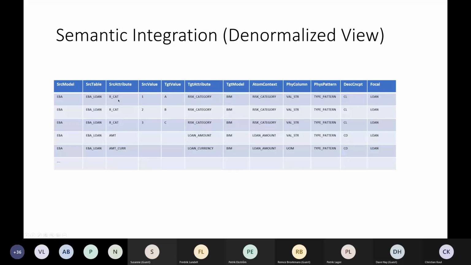They have a source column in their table called AirCat. And there we have to translate that one is really A for the risk category attribute that we want to put this in. So this is a mapping. This is what you normally do when you try to integrate data from a source to a target model. So this is just a way for us to capture that data into our metadata and use that when we ingest data. So we don't end up with source specific data in our business warehouse, but semantically translated data that we can store